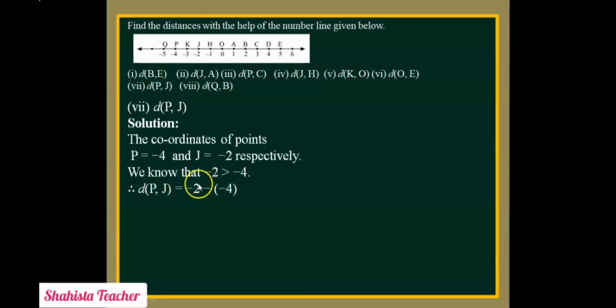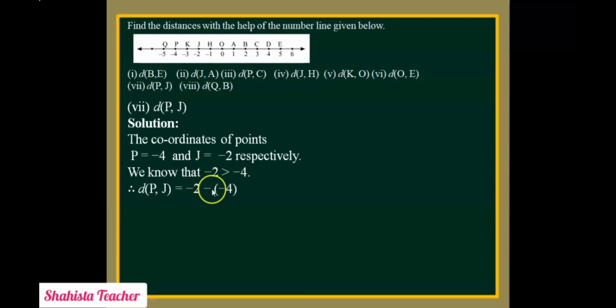This minus 2 we have to write here, and this is the sign of distance. We are calculating here distance. So here we will put this distance sign, minus sign, and now inside the bracket we will put this minus 4. Minus 4 is for P. This P represents minus 4. J is for minus 2. So here we have written first minus 2. Then this sign is for distance sign. Why? Because we are calculating here distance between two coordinate points. Okay, so here we will put minus sign and inside the bracket minus 4.